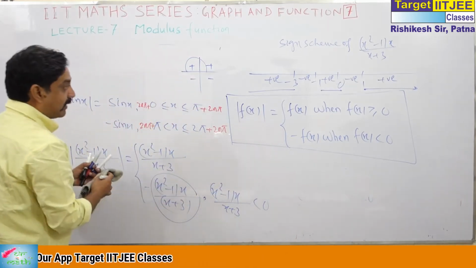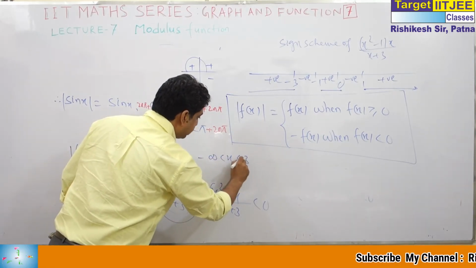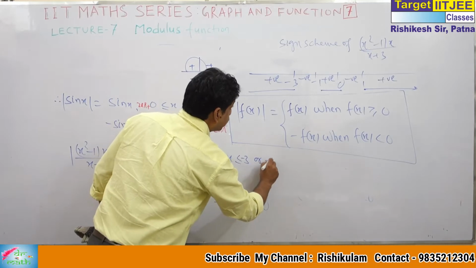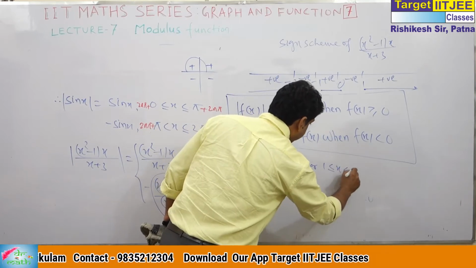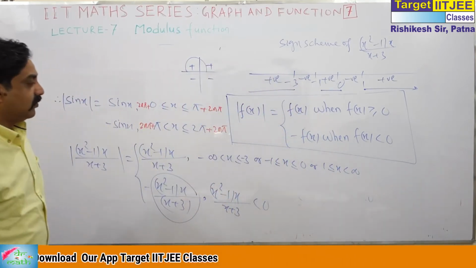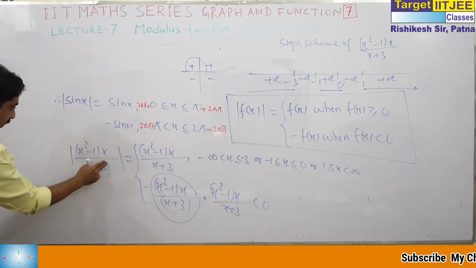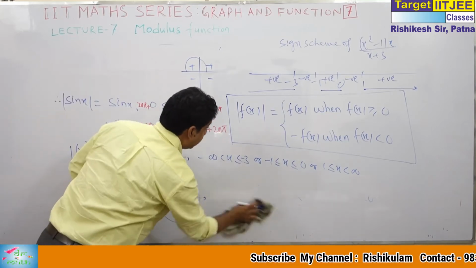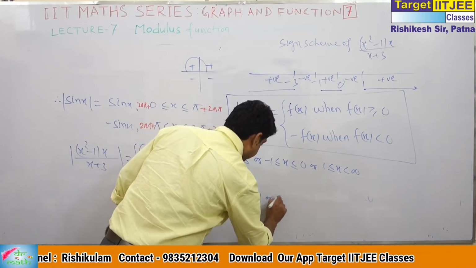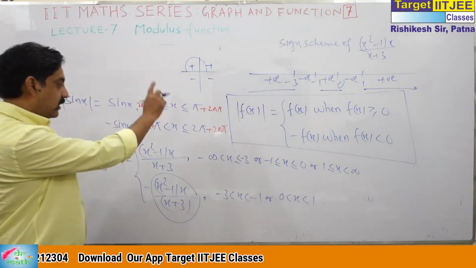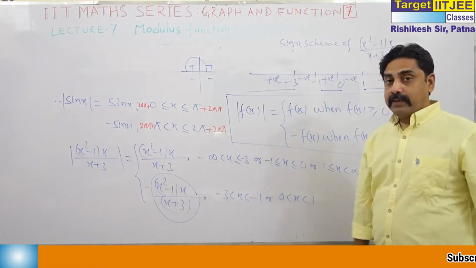I always write the condition in positive form. Actually, this is minus infinity to minus 3, or minus 1 to 0, or 1 to infinity. You may write this as x greater than 1, x less than or equal to minus 3. You see the sign scheme: where this is positive, we remove the modulus with positive sign, and where it's negative, in minus 3 to minus 1, or 0 to 1, I will write it in modulus with a negative sign. That's why I am doing modulus now.